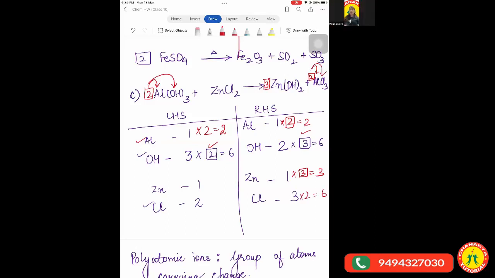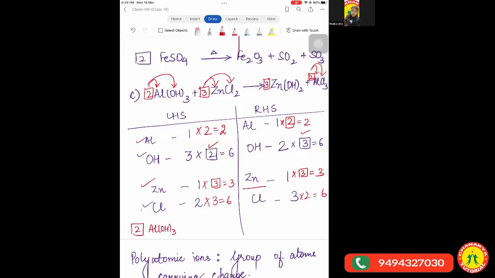Now we are left with what? The zinc atoms and the chlorine atoms. How many zinc are there on the RHS? 3. On the LHS it is just 1. So we are going to multiply zinc by the number 3. As soon as we multiply this number 3, this 3 gets multiplied with zinc as well as chlorine. So chlorine also becomes equal. Got it? Yes, ma'am. So our final equation becomes